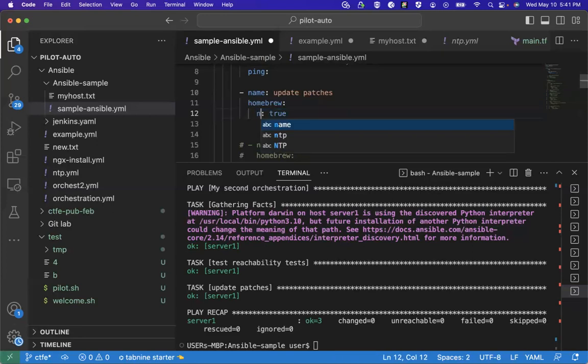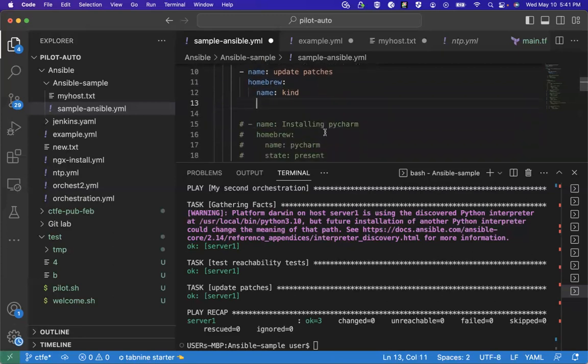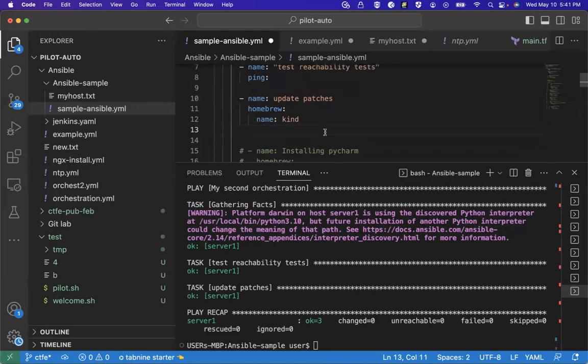Let's call it name. Which application? Let's install kind. Kind is a Kubernetes version, you understand, which is very light. Then I'll say which other thing? I think state, then running or presence running.